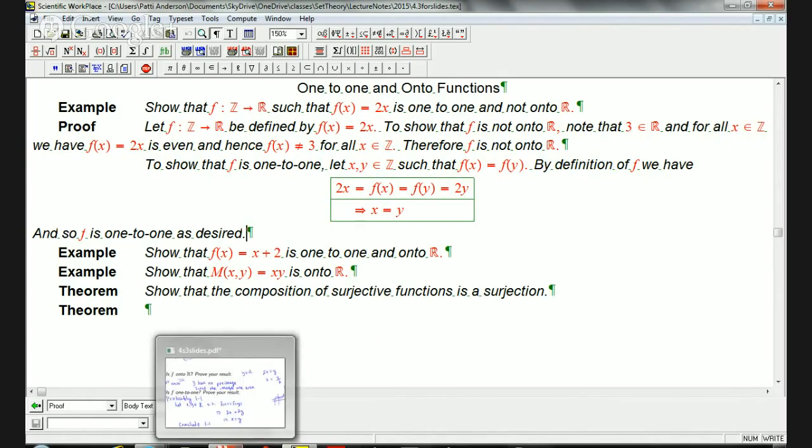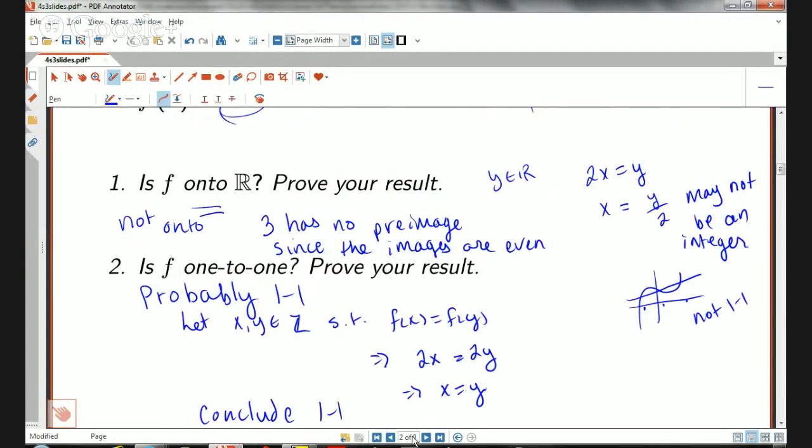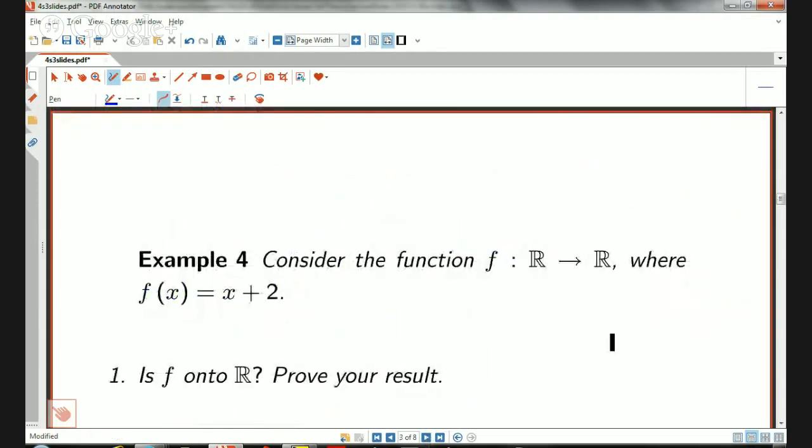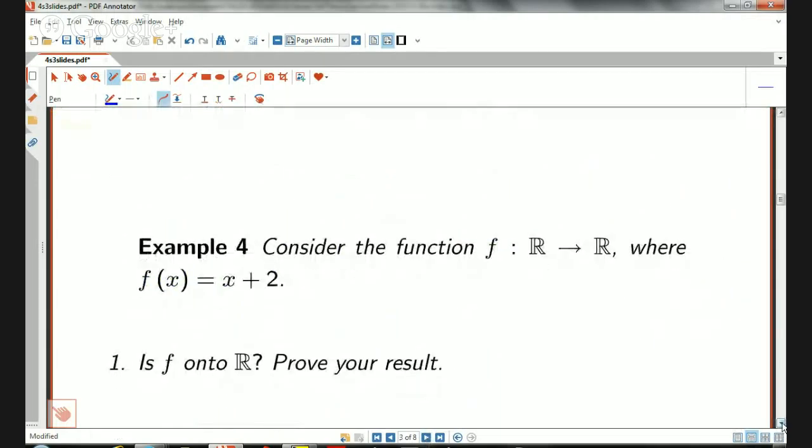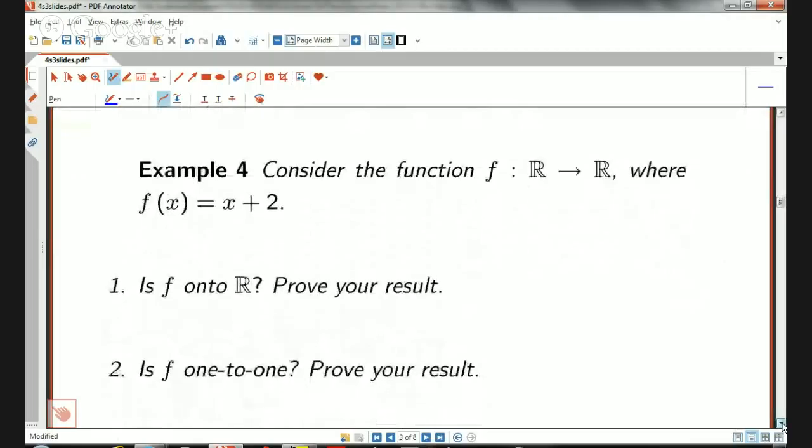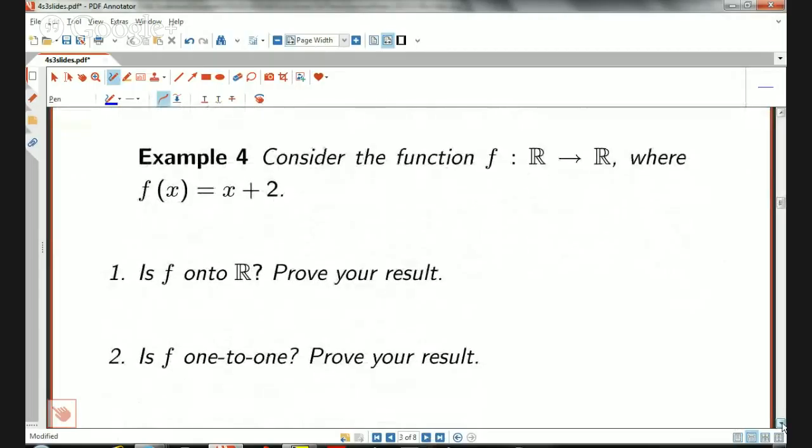So let's go back and look at our next example. Consider the function f that's taking the reals to the reals, where f of x equals x plus 2. Is f onto